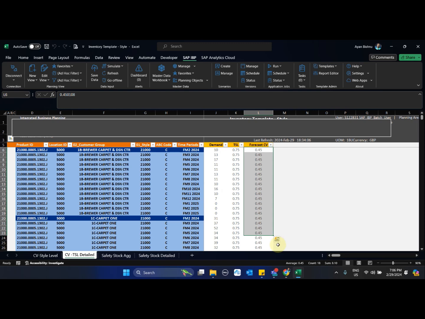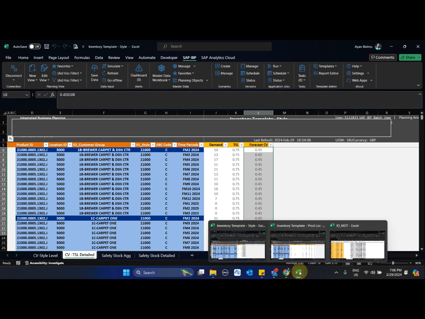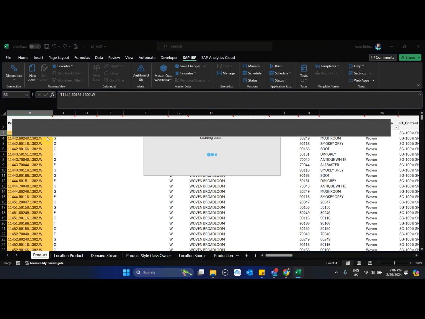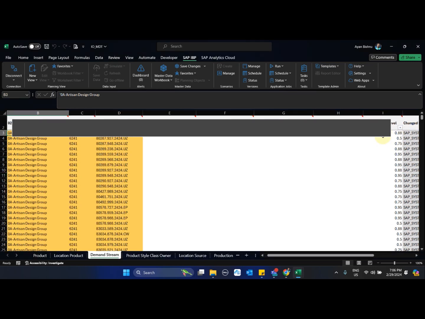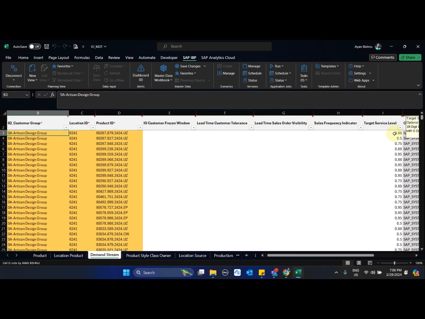And similarly, as discussed before, based on the ABC segmentation, I have also populated the demand stream that is needed as a part of the IO. So at this point of time, what we have done is we have generated the forecast error at an aggregated level, and copied the generated forecast error CV to the product location level, which is understood by the IO.